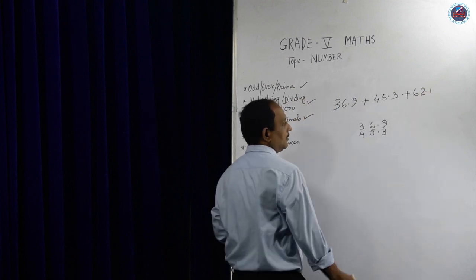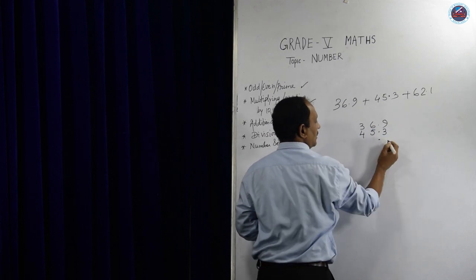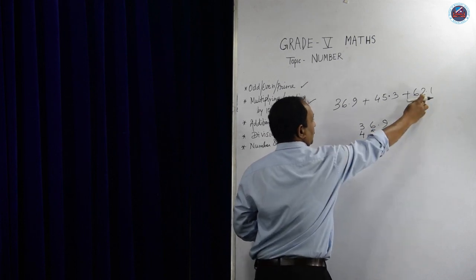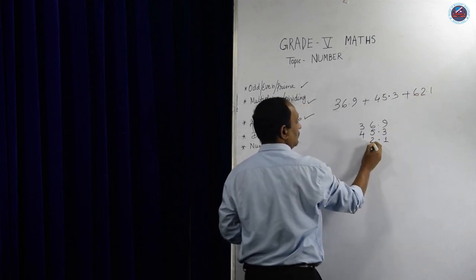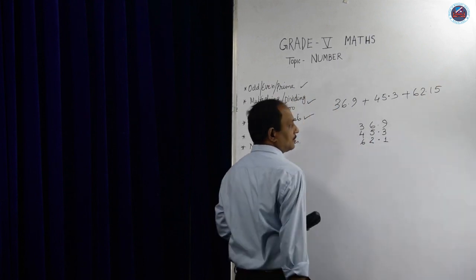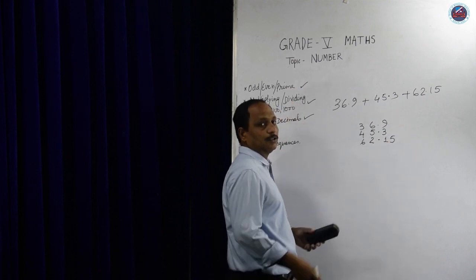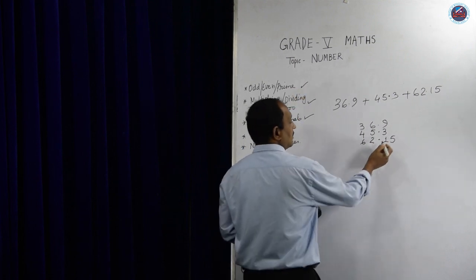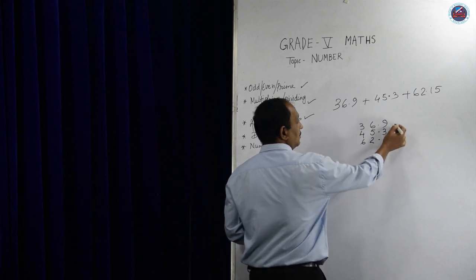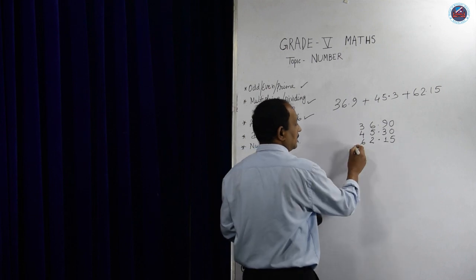Suppose one more number is here, 62.1. Again you write down the decimal. Right side 1 is there. Left side 2, 6. Suppose one more number is here, 5. So what will we do? We'll write this 5 here. In order to make it sequence-wise, there is no number, let us put 0. Here also no number, let us put 0. Now it becomes systematic.